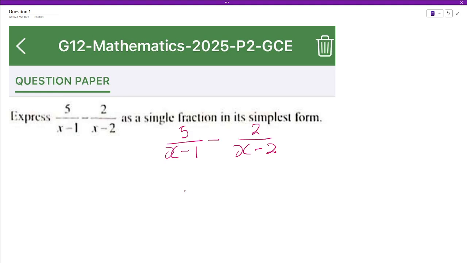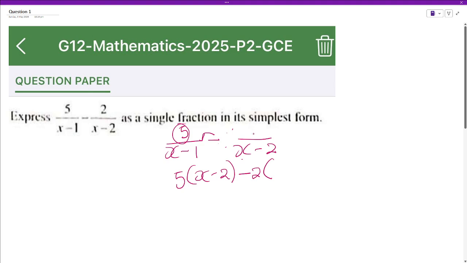All you have to do is you multiply the numerator with the denominator from the other side, okay, like this, okay, and then you go to the other side also. You get this sign, give it to this guy, and then this guy multiplies with this whole numerator like that. That's all you have to do, and you're done. So meaning it's going to be 5 times this denominator there. So you're going to say 5 open bracket x minus 2 close, and then I said you get this sign, give it to this guy. So meaning it's going to be negative 2, and then this guy,